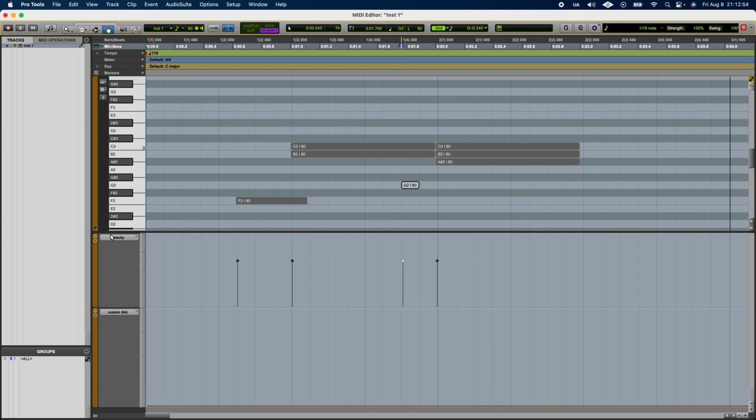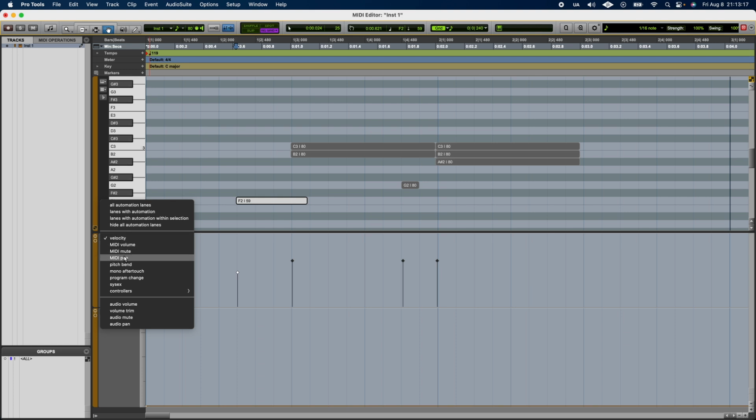If the MIDI automation display is on, below each note, you'll see velocity information, which corresponds to how hard or soft the note is played. You can adjust this by dragging the velocity bar up or down, or by holding Command on Mac or Control on Windows and dragging up or down on the note itself. You can also click the Lane View selector to access other types of MIDI automation, such as sustain, expression, or